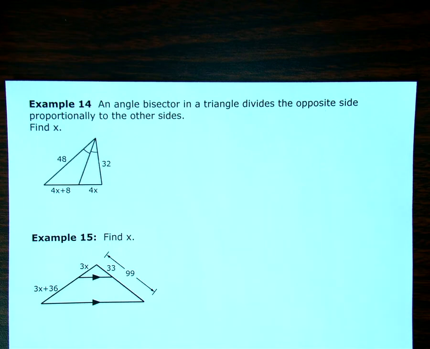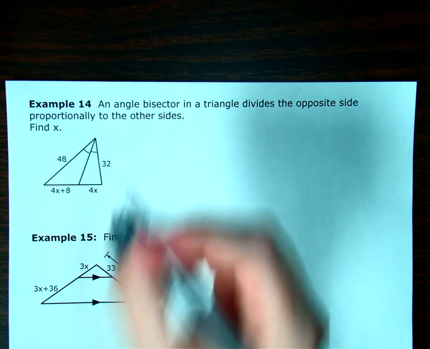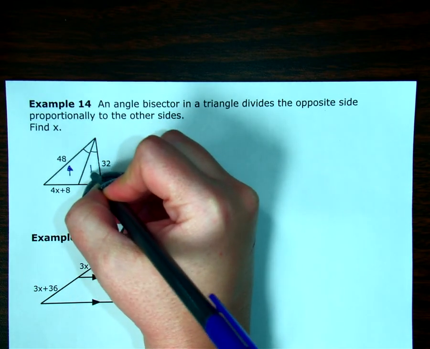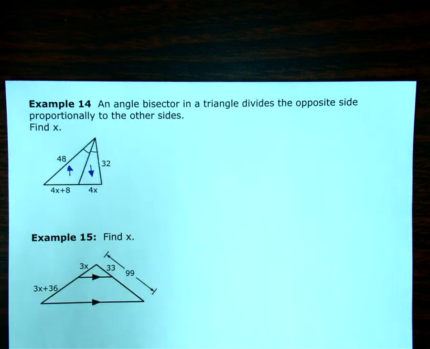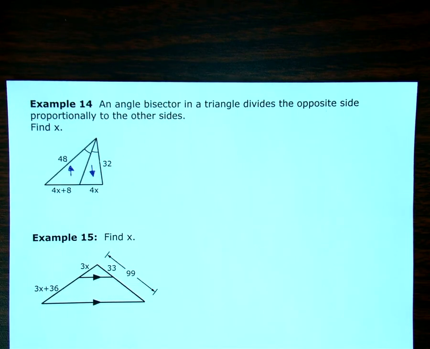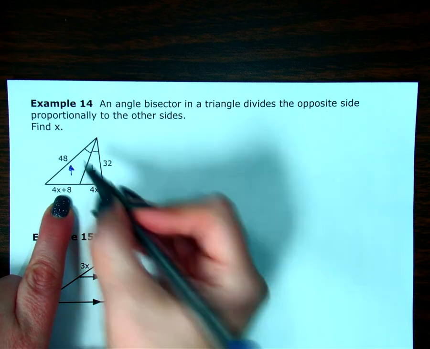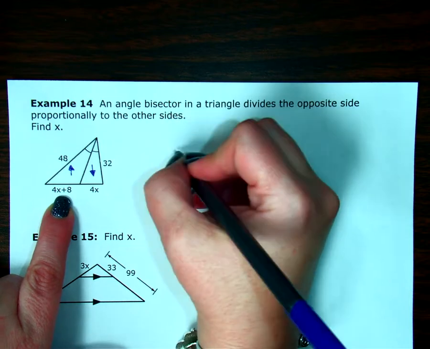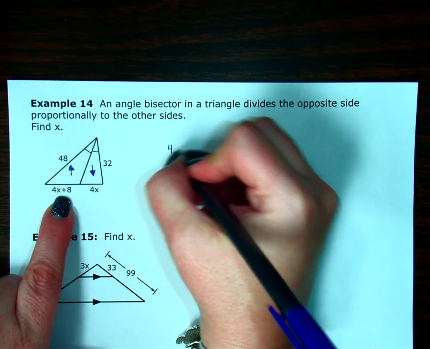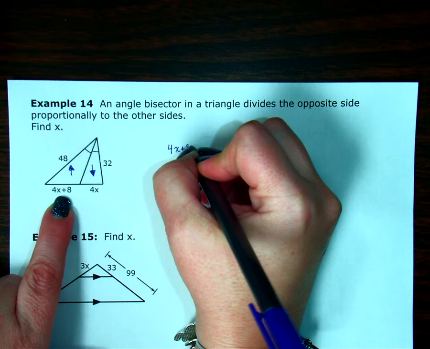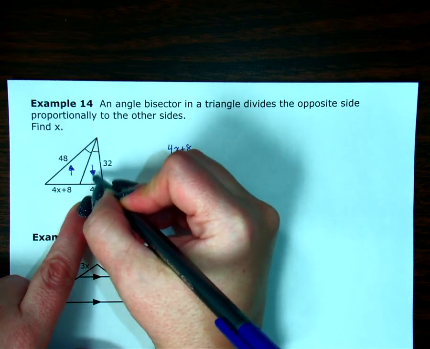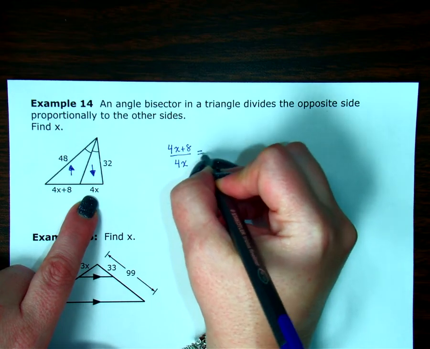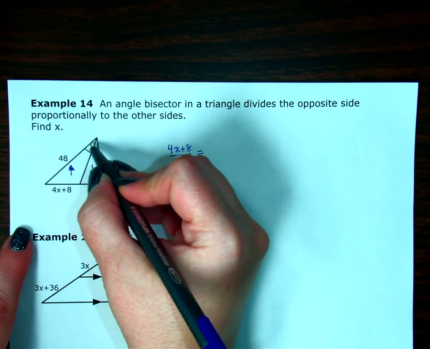I've got two proportionally divided triangles. I'm going to think of one as an up arrow and the other as a down arrow so that I can make sure I stay consistent. If I look at the side across from the congruent angle, 4x plus 8, and I put that on top, it's going to match with across from that angle with my down arrow, the 4x. That's going to be equal to the sides that come out of that congruent angle,